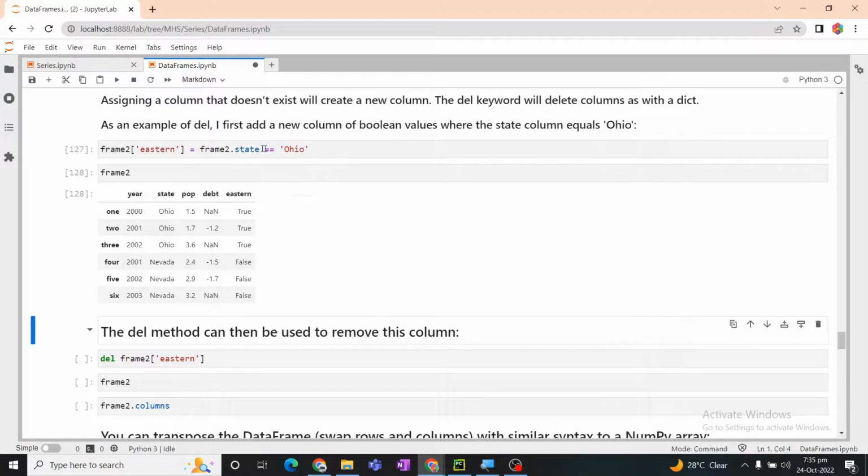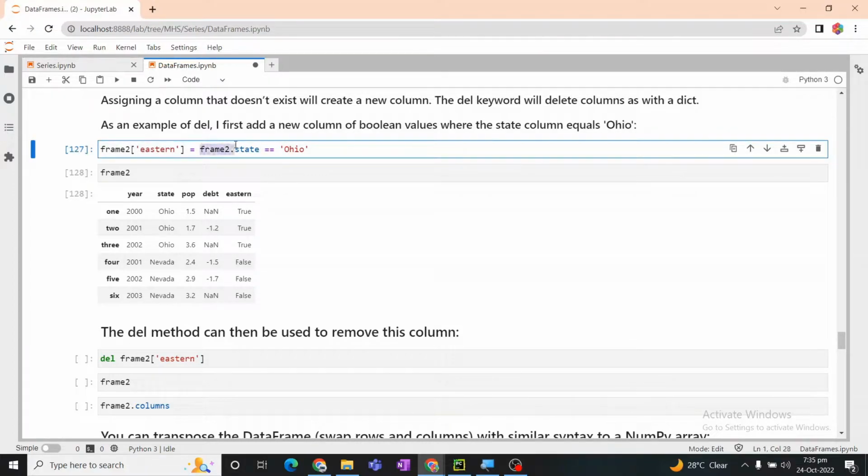We have to make the condition true that the value in the frame 2 state column must match the value Ohio, and this true and false will be represented in the new column named eastern. We are using the double equals over here, which means the value must be equal to Ohio. When the condition is true, we can see the true values in the eastern column over here, and the rest are